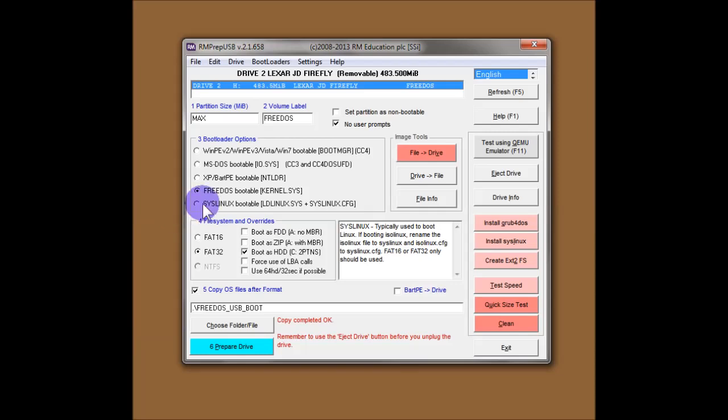And copies across the files. And that's it. The status down here says copy complete. Okay, so let's just test that USB flash drive using QEMU, which is